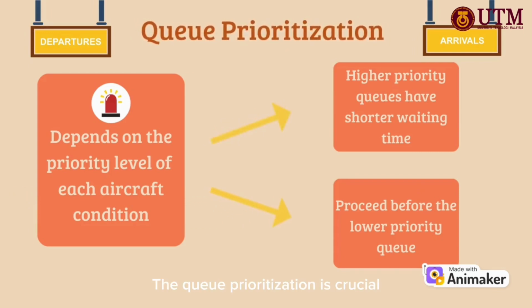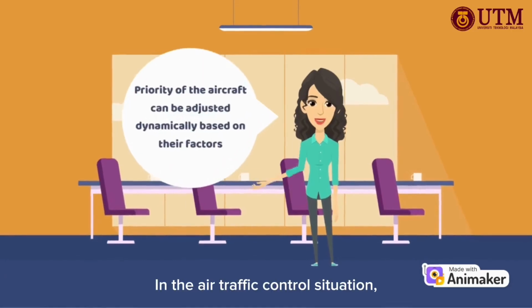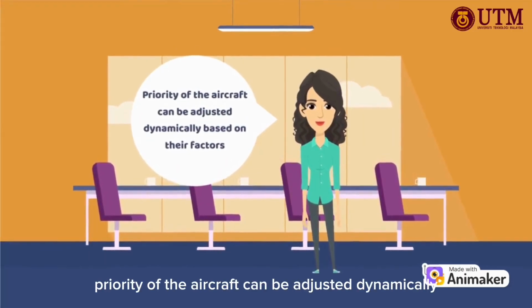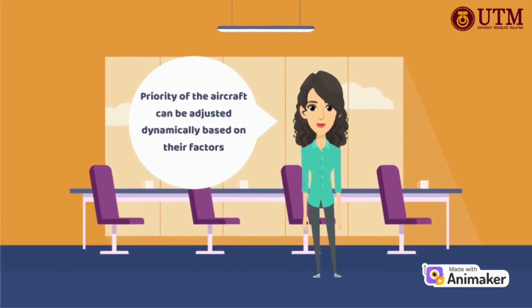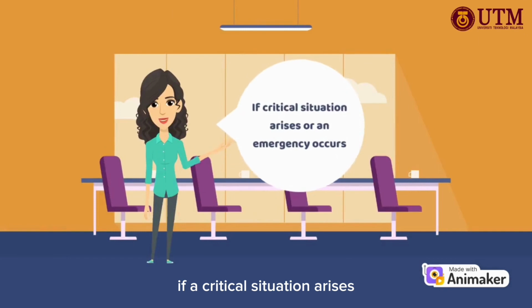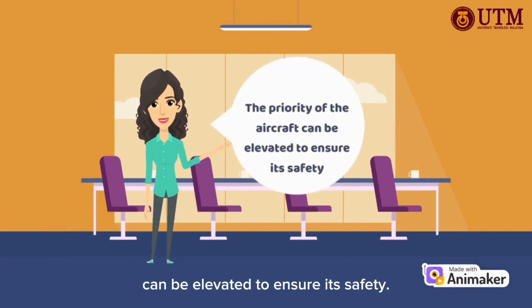The queue prioritization is crucial depending on the priority level of each aircraft condition, where the higher priority queues will have a shorter waiting time for arrival or departure and will proceed before the lower priority queue. In the air traffic control situation, priority of the aircraft can be adjusted dynamically based on their own factors. For example, if a critical situation arises or an emergency occurs, the priority of the aircraft can be elevated to